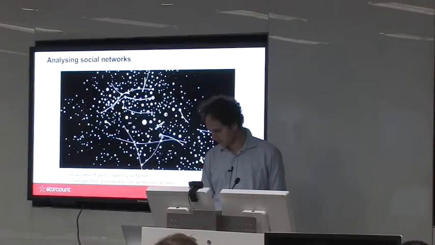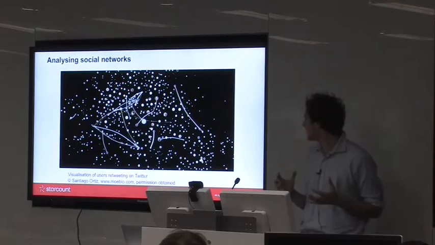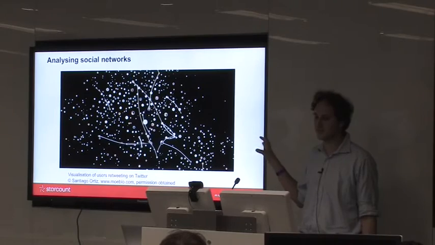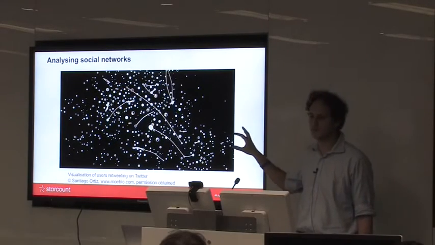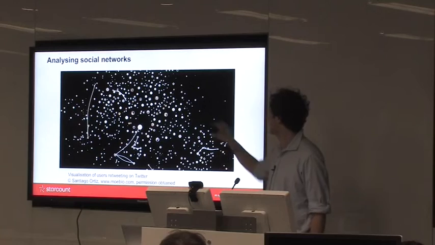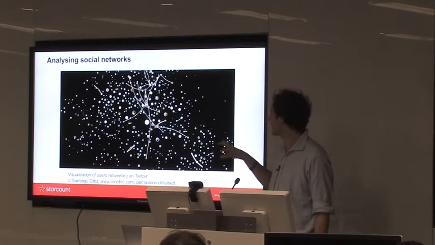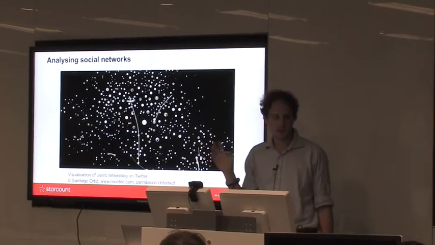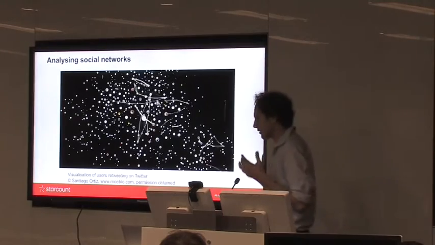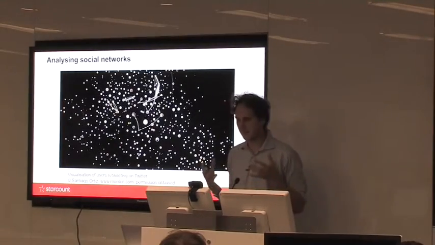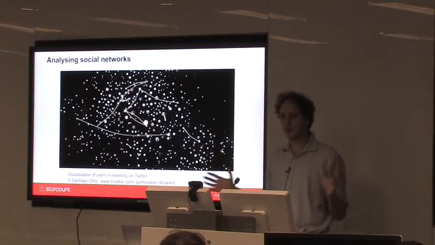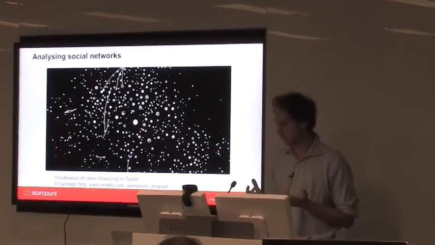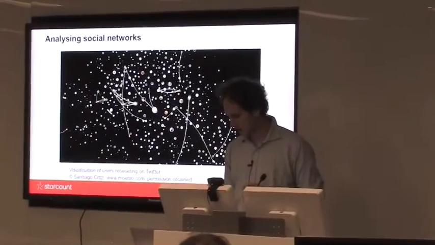So first, social networks. This is a visualization by an Argentinian data visualizer artist of just people retweeting each other on Twitter, and this is actually based on real data in a community. All I'm trying to do with this video is convey that social networks are quite difficult to understand and to get a grasp on what the overall picture of what's going on is. What is the overall picture of what's happening in the social network? So the way that we do it at StarCount